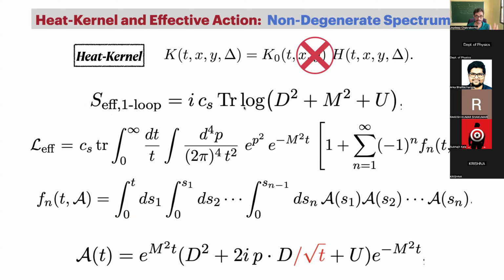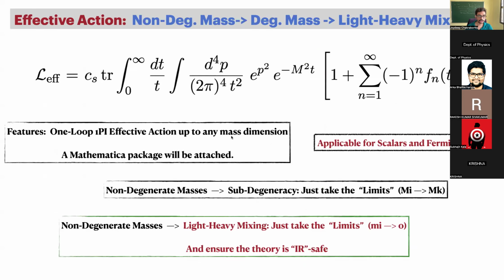But what I'm trying to emphasize is that, yes, it is possible that even for the non-degenerate spectrum, one can calculate, but not in a regular way. One has to go to Fourier modes and do it in a cascade way. But the beautiful aspect of this construction is that once you write down the effective action, it is equally applicable for scalars and fermions, and because you now have non-degenerate particles, and some of